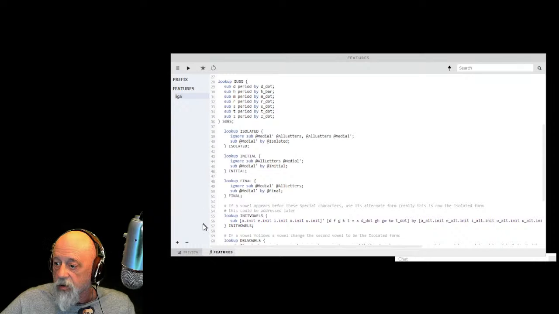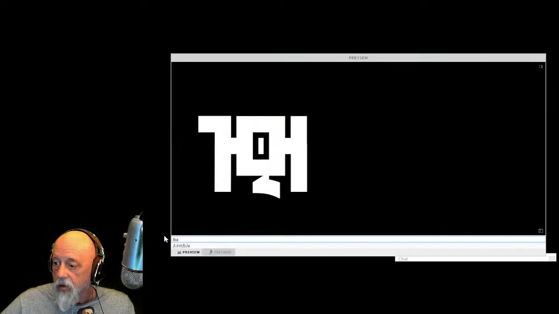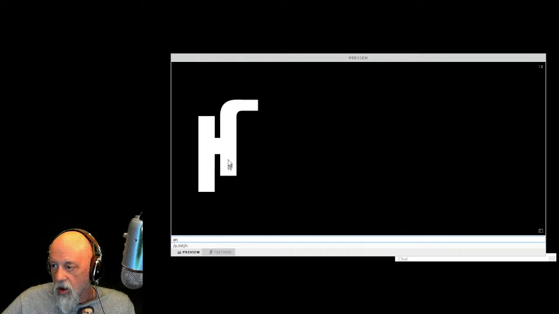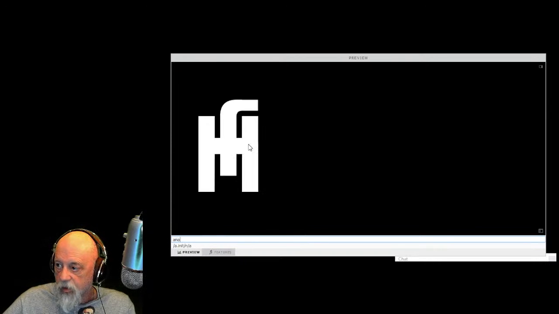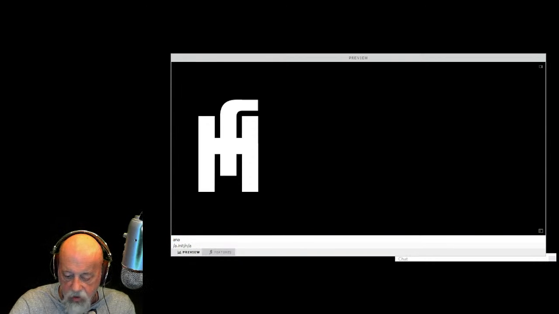Full. There. So if you can see my mouse cursor there, that is A init. So it will draw the A with the join on the right-hand side instead of the left. This is A isolated. So when we go back to here and to here, and I just type in A, we get A isolated. When I follow it with an N, we get A initial and N. When I type an A after it, we get A final. So what's happened here is, back to class,